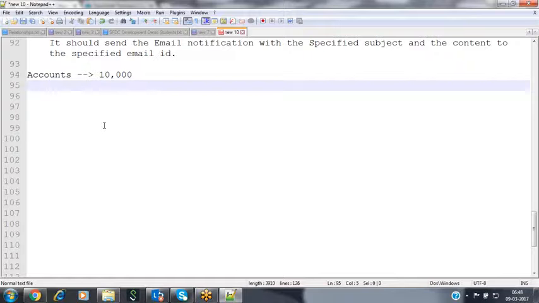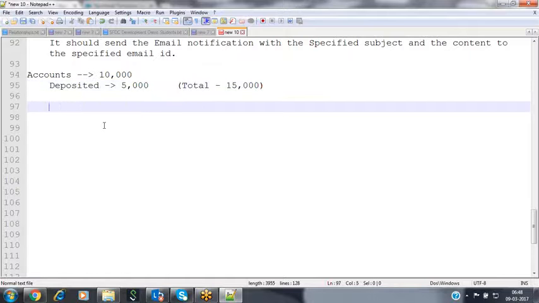Today I have deposited some more amount, 5,000 again. So now the total amount is 15,000. As soon as your account has been updated with the latest balance, immediately you will receive an SMS alert.